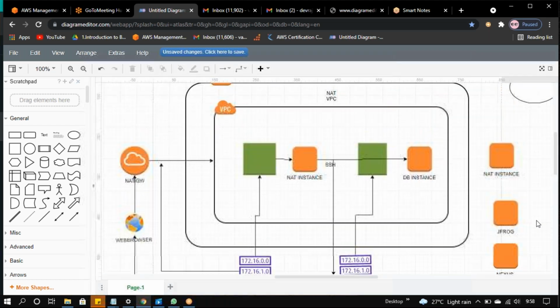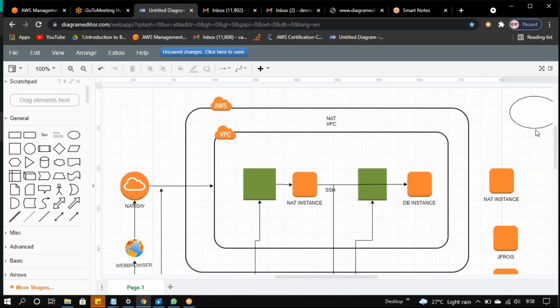So when the code developer has inserted any code, then we can call this instance an environment. They will request us to create one environment for this code test and deploy it in that.